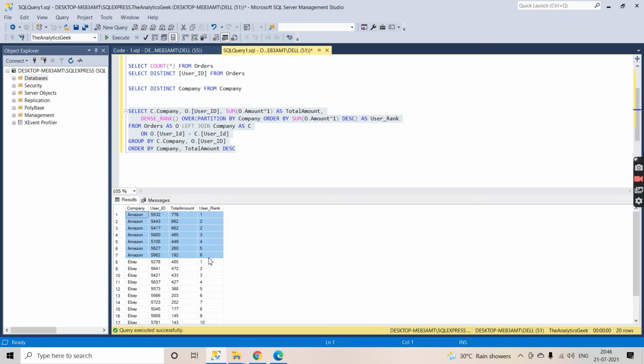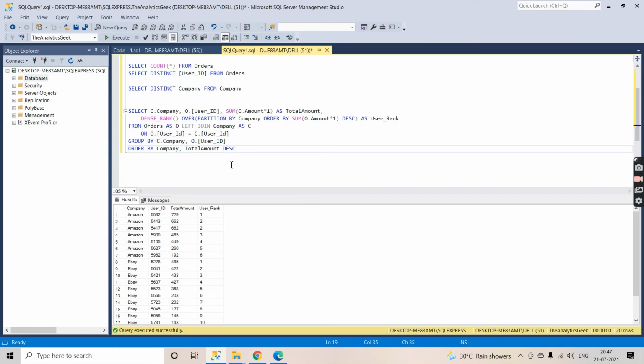Now it is fine. For Amazon, we can see we have this rank. For eBay, we have partitioned up to rank 1 and 2, and Flipkart 1 and 2. So now what we have to do is filter out ranks 1 and 2, like the first three rows for Amazon, then these two for eBay, because eBay does not have any ties, and then Flipkart. So how are we going to achieve this? We are going to achieve this either with the help of a common table expression, or with the help of a subquery or derived table,